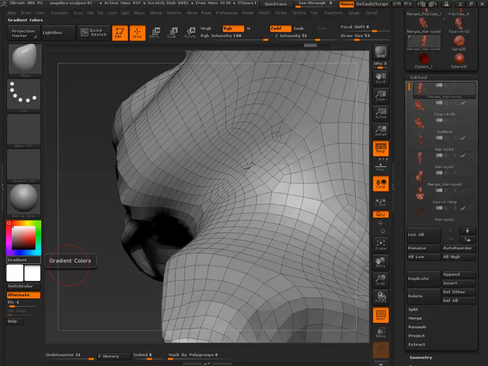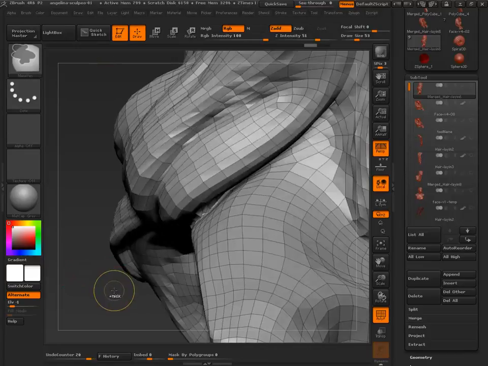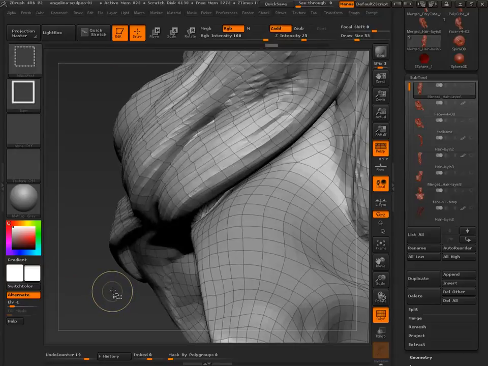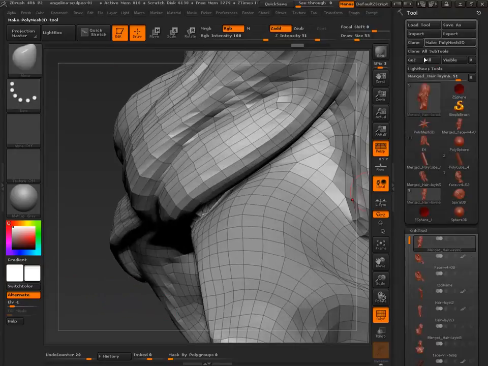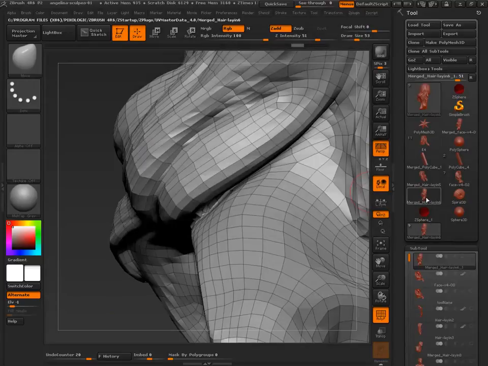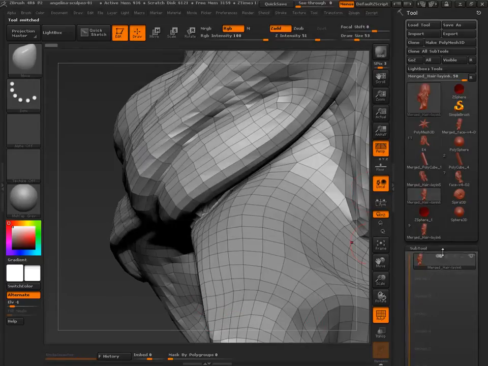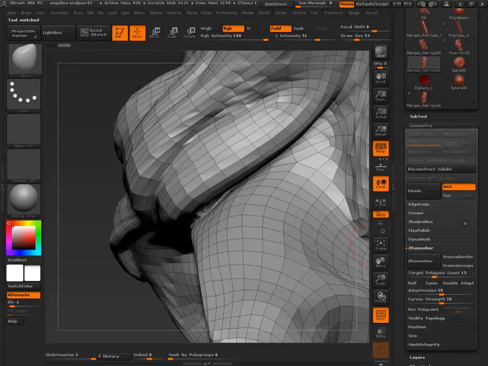Okay. So the way you're going to solve this, you could quite possibly Z-remesh this again. In fact, I'm going to clone this so it's its own subtool. I'm going to delete higher resolutions, and I'm just going to Z-remesh that, because all I want to do is see if I can solve that problem. Hold on one sec.